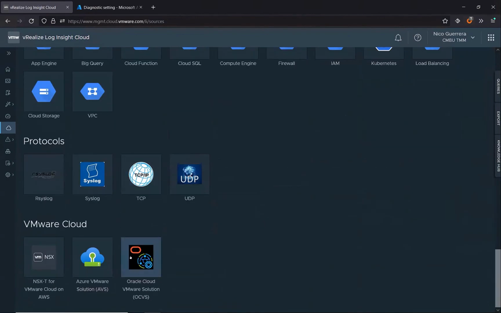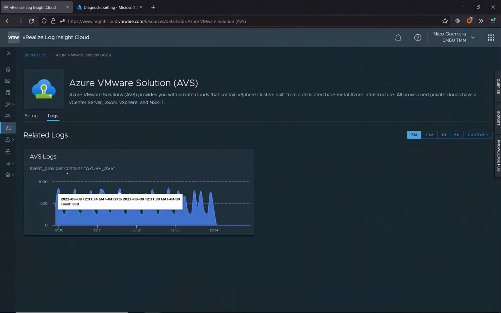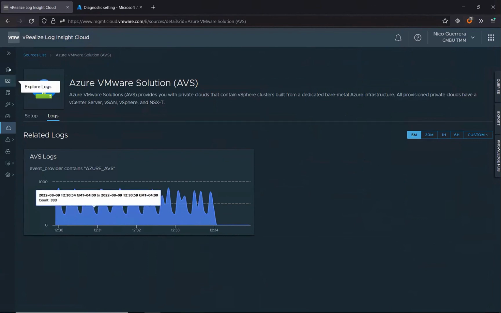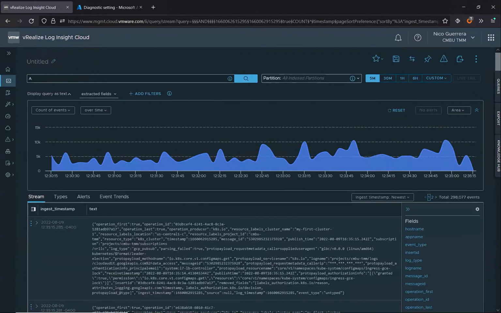So once you do the configuration and you go to our log sources here, we have this tag that's placed onto all of our logs coming from AVS called Azure AVS. So basically, once you configure the AVS log forwarding correctly to Log Insight Cloud, you'll see our events, and they'll all have this Azure AVS event title on them. So then if we go to our Explore logs, and then we just search for Azure AVS,